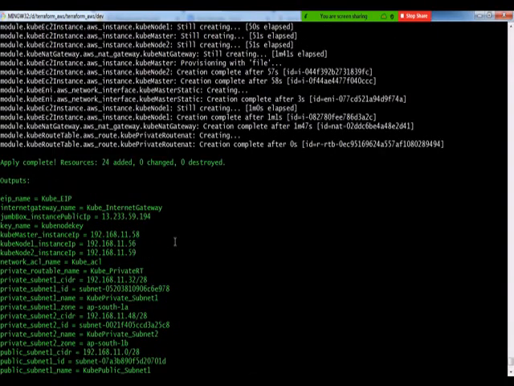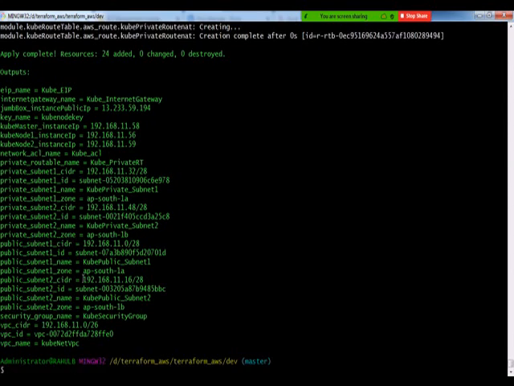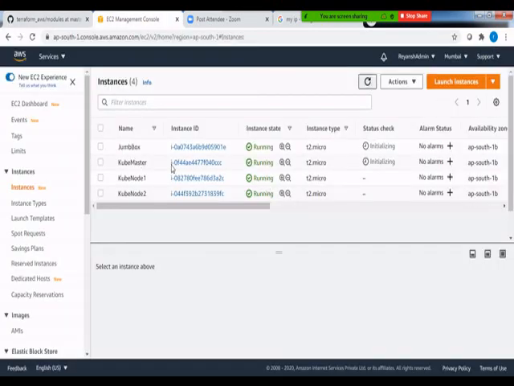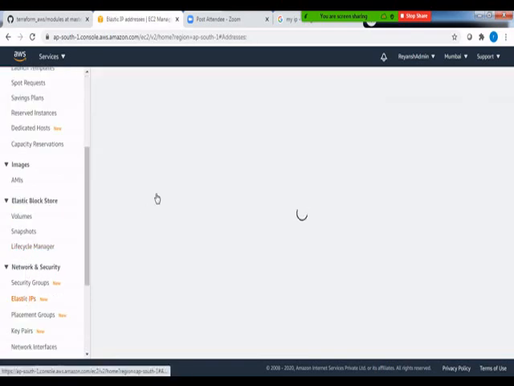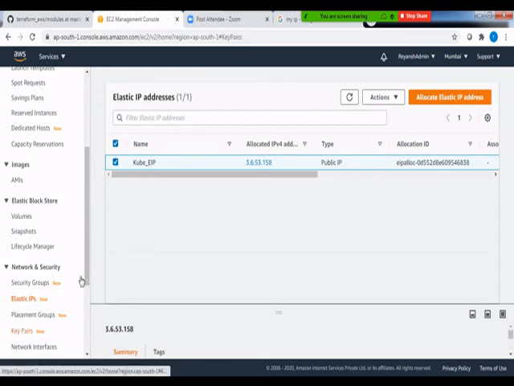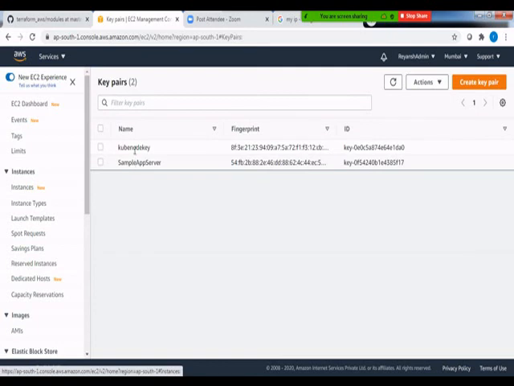So if you can see, right, the Terraform apply has been completed, and this is a bin that has been generated out of that, right? And if I go to my EC2 console, I can see the infrastructure has been created, right? If I go to the VPC, you can see the VPC created. You can see the Elastic IP has been assigned. The key pair has been created. The subnets and VPC have been created.